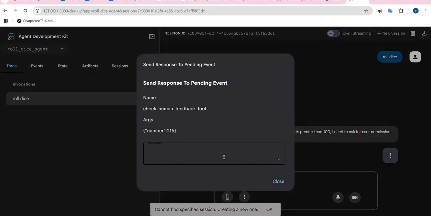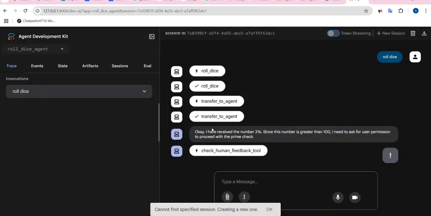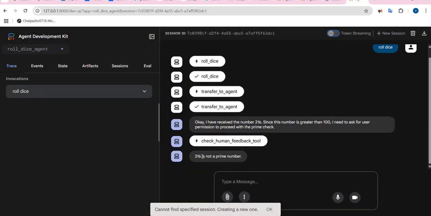Now I'm just checking this. I'm providing OK to proceed to compute whether the number is prime or not. Now you can see 216 is not a prime number. Obviously it is divisible by 2, so that's why it is not a prime number. If you observe the events,